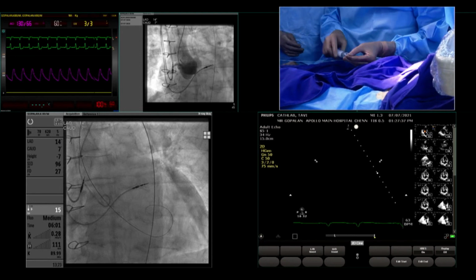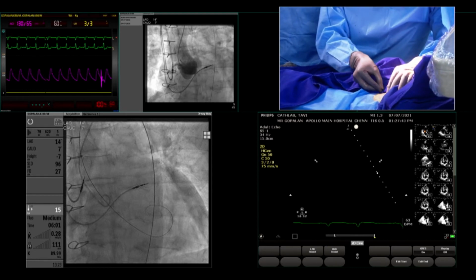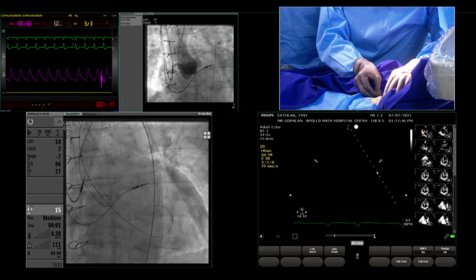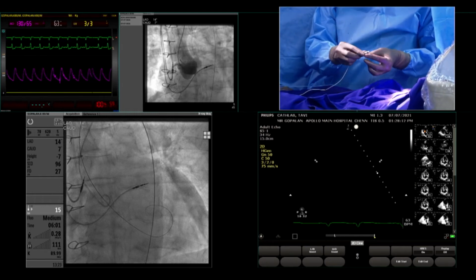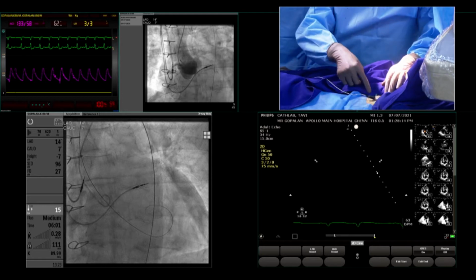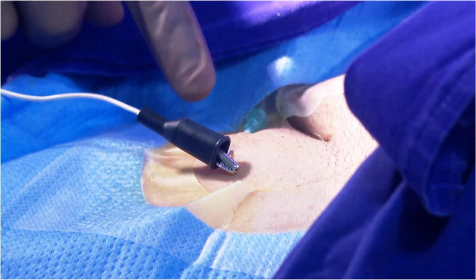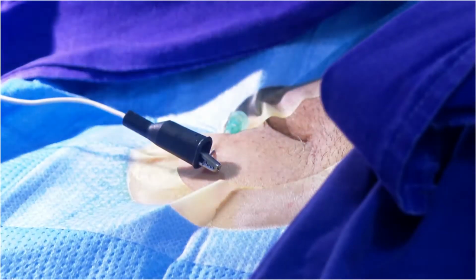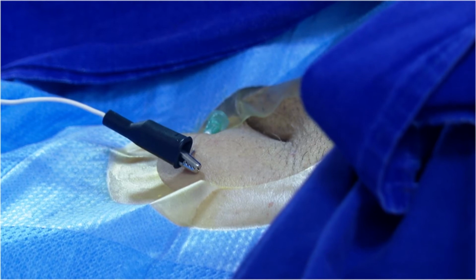Okay. Yeah, give me the clips now. So just show this. Okay, so we have a needle and we put the electrode here. The other electrode will be connected to the end of the catheter. Okay, good. Now hold. Okay, we put it inside the LV, a little bit inside. Now shall we test the pacing now?